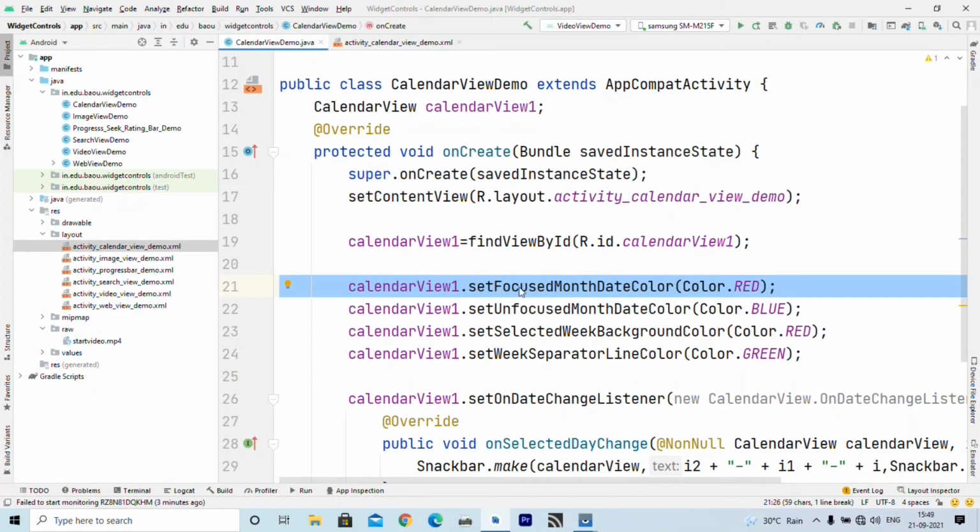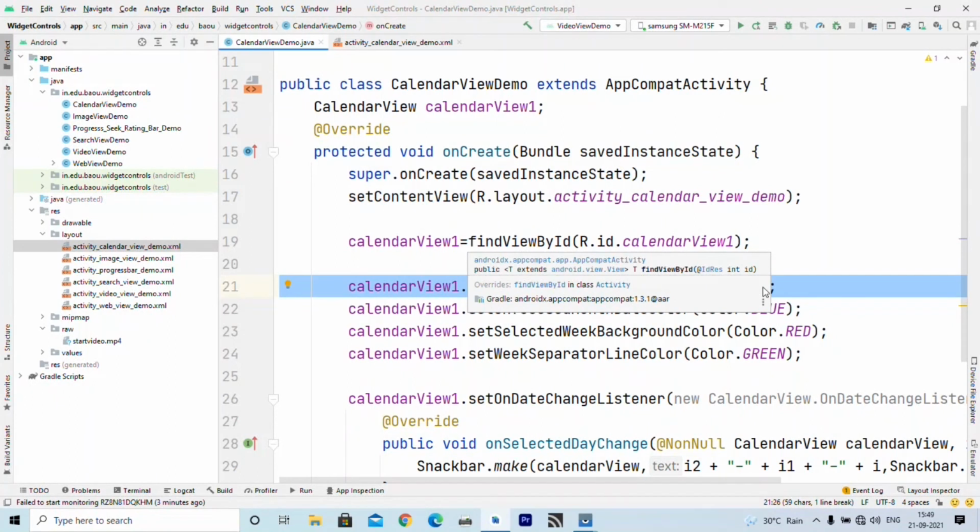For example, focus month date color, unfocus month date color, selected week background color, and set week separator line color. So basically these are the different colors that are shown on calendar view.